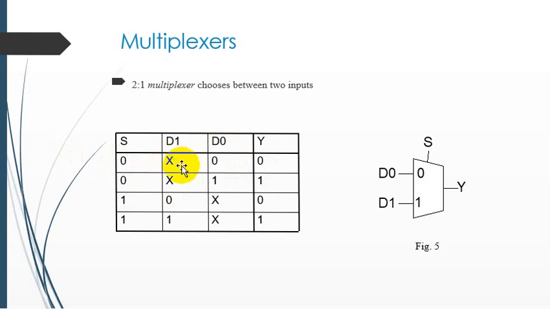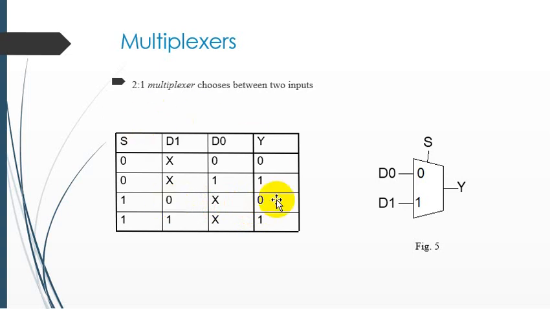So whatever is on the D1, we are not concerned about this input. If the selection pin is going to be 1, then it means that the D1 is in activation mode. So we are not concerned for the D0 line. Whatever is the input on this port, we are not concerned for this. So the output relates to the D1.